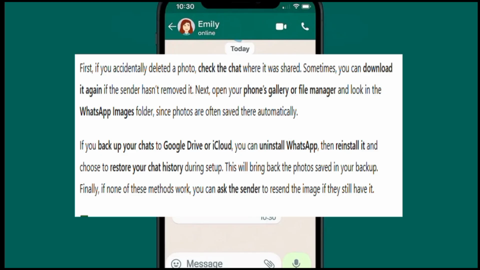Next, you have another option, and that is open your phone's gallery or file manager and look at the WhatsApp images folder. Since photos are often saved there automatically, if it does not work, you have another option, and that